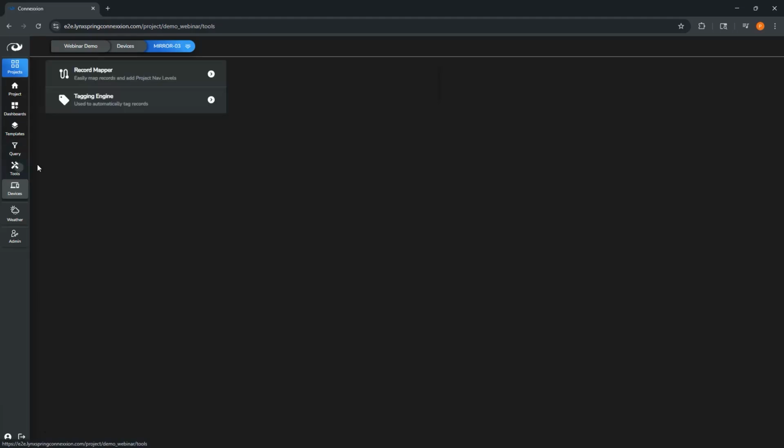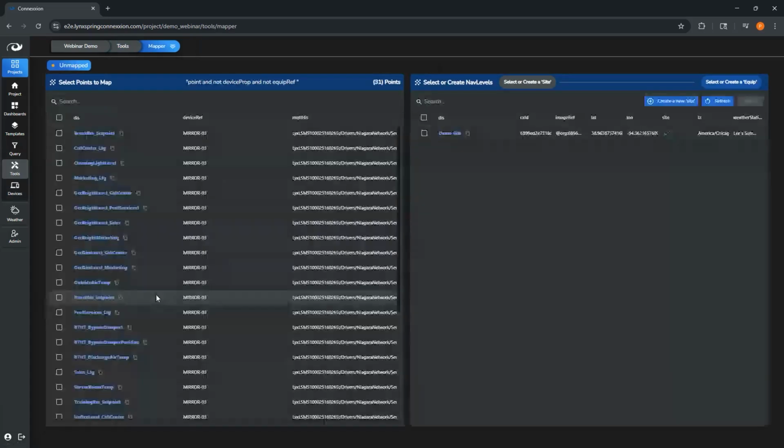So if I go to the mapping tool, this application is smart enough to know that I have a bunch of new records. They've not been placed into my data model, and I need to get them someplace so that I can use them, right? So this is how you take your points and attach them to your site record, or to the appropriate equipment record. The application is smart enough to know they need to be put somewhere, and it's going to guide you through how to do it.